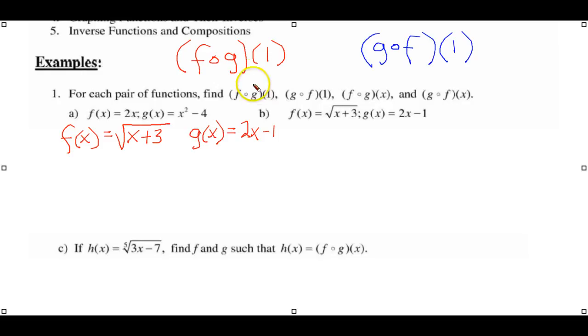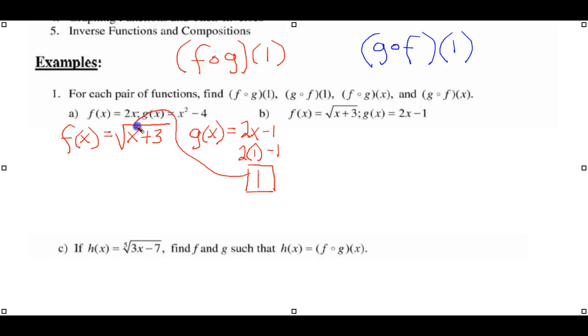Now in our first example, we see again f composed of g, where we're substituting a 1. So we go to our new g function over here, which is 2 times 1 minus 1. We're substituting the 1 for the x. So this gives us a 2. 2 minus 1 is 1. So we take this 1 now